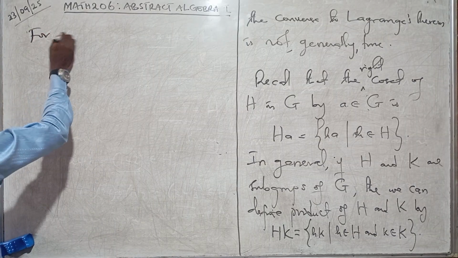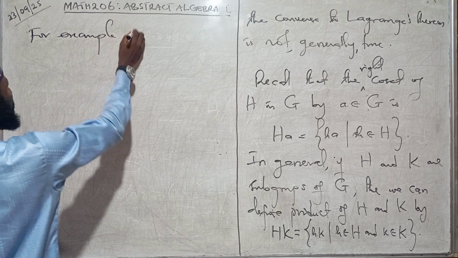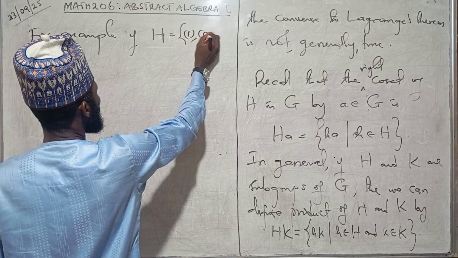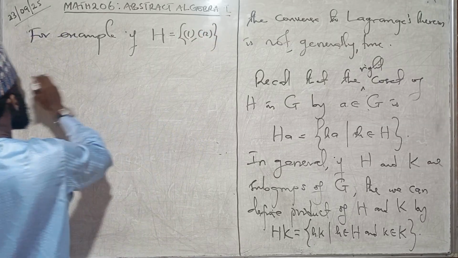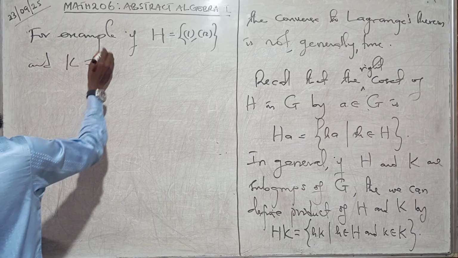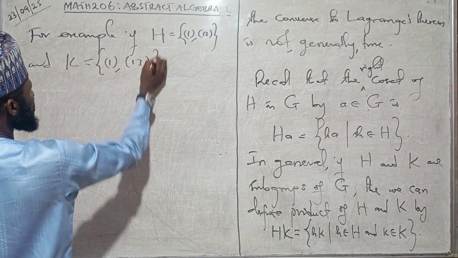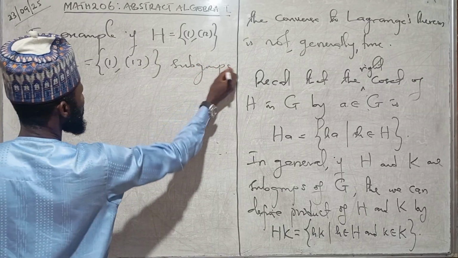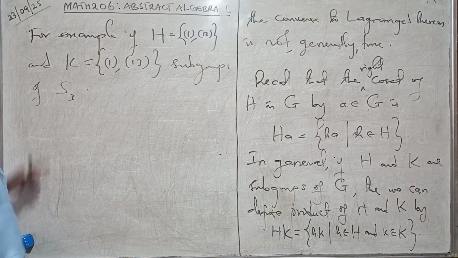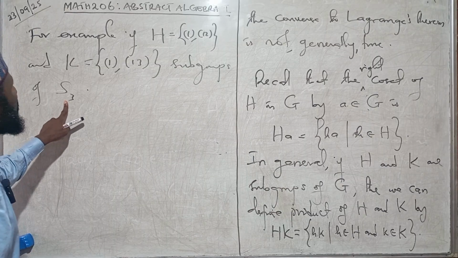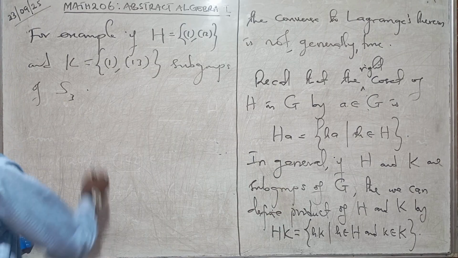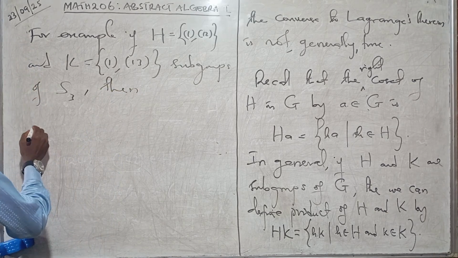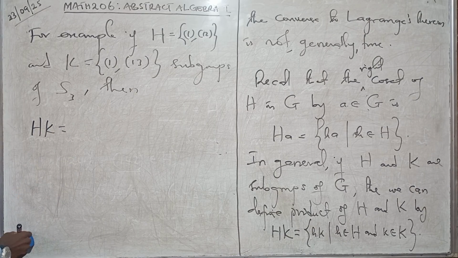For example, if H is a subgroup {1, (1 2)} and K is {1, (1 3)}, like subgroups of S3, S3 being the symmetry group on 3 symbols, then the product HK is equal to,